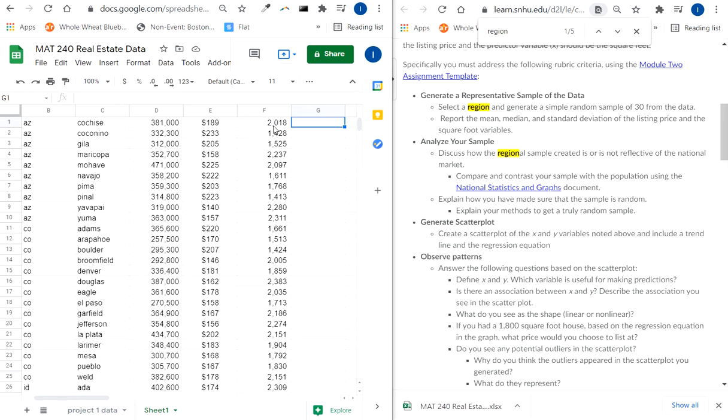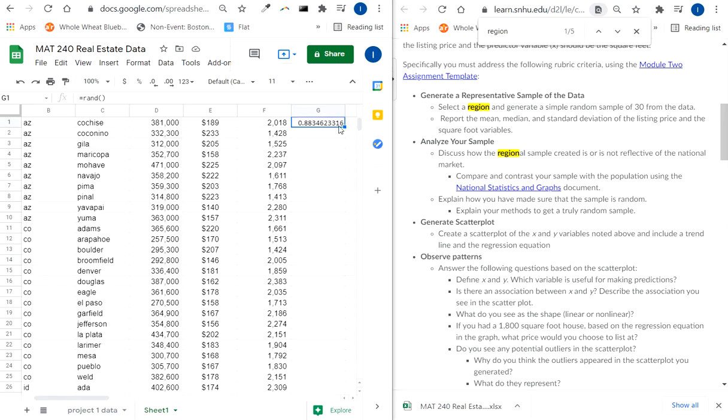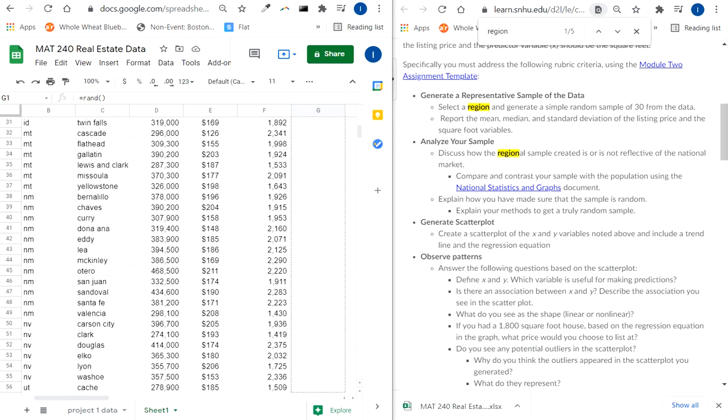And then what you want to do to randomize, I guess there are other ways of doing it, but what is probably quickest is to find an empty cell next to the end of your data and type equals RAND, open and close the parentheses, hit enter. Okay, and that's a random number between 0 and 1. And so you can click the checkbox in Google Sheets, or if you're in Excel, you can just click and drag